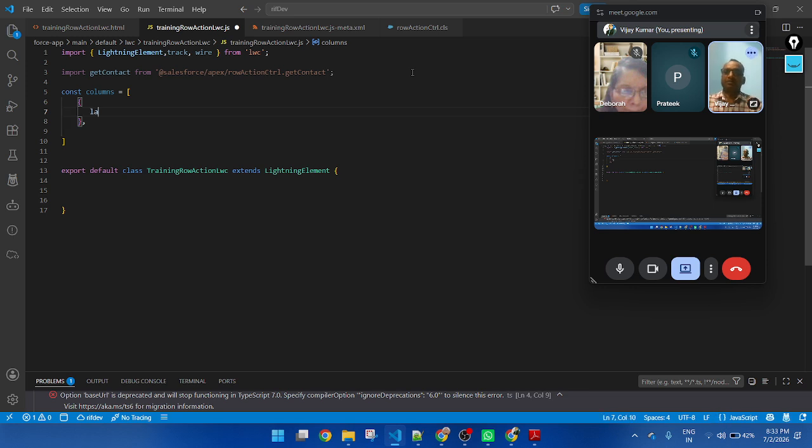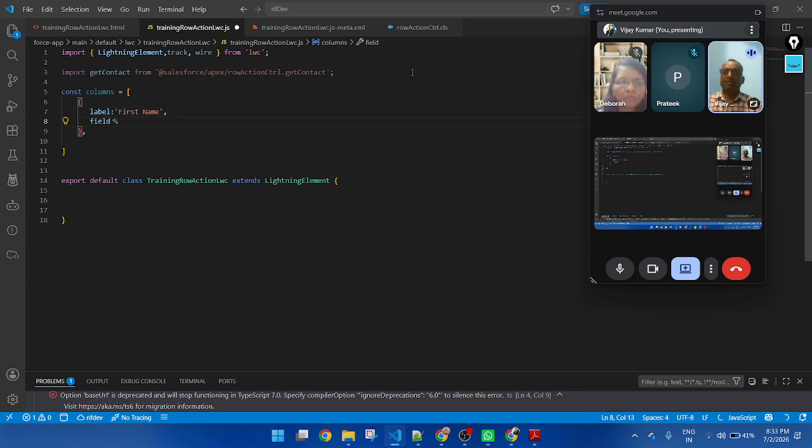Label, first name, field name, first name. So this is a label, and this is the field name of contact.